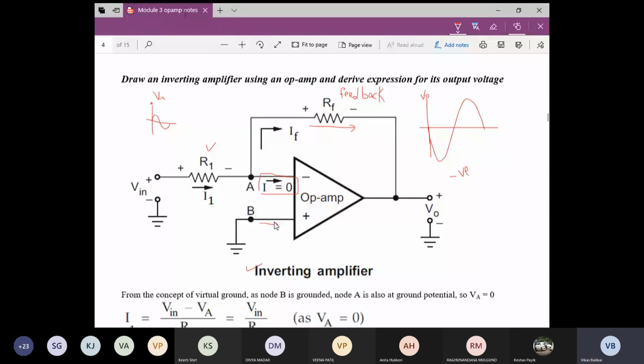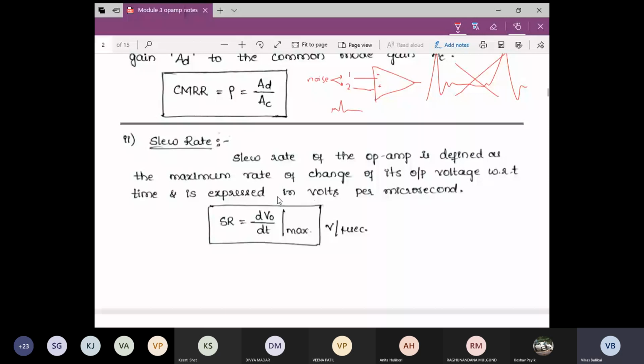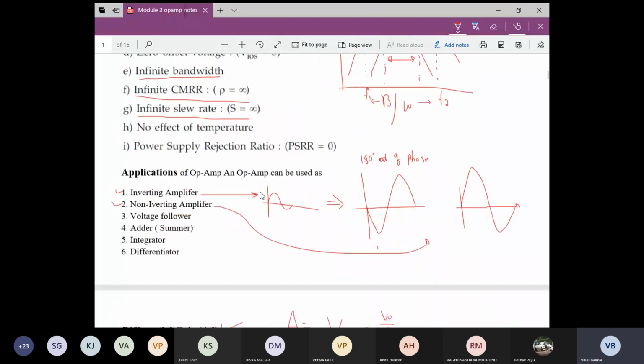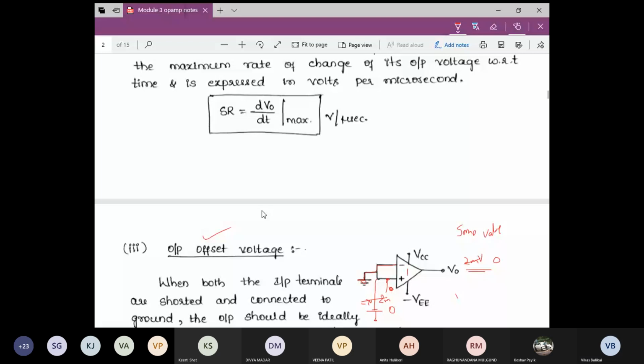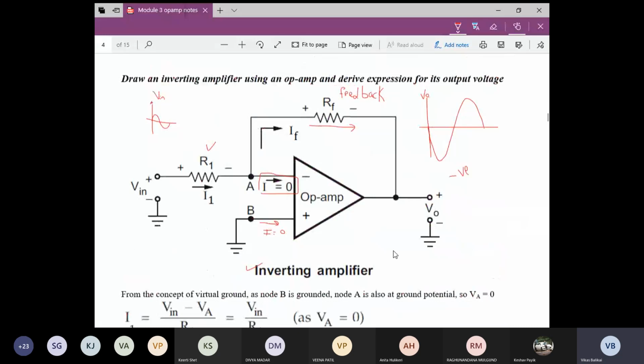See, common sense, look here, the second characteristic which I mentioned over here. What does it say? Very large input resistance, or ideally speaking, Rin is infinite. That means, look here, again I repeat, tell me whether this is an op-amp circuit or an op-amp device, which is your op-amp device, or which is the input to the op-amp and which is the input to the op-amp circuit.